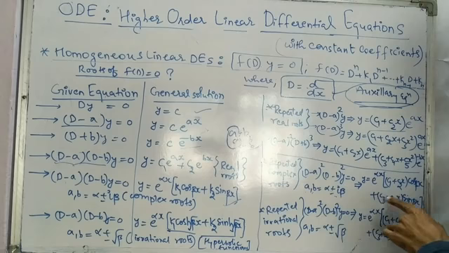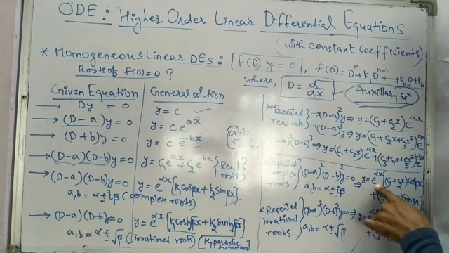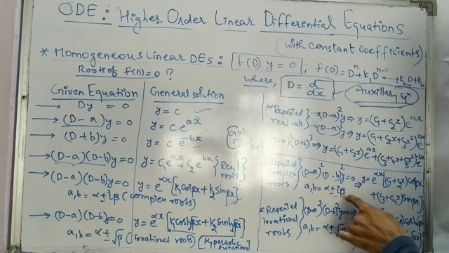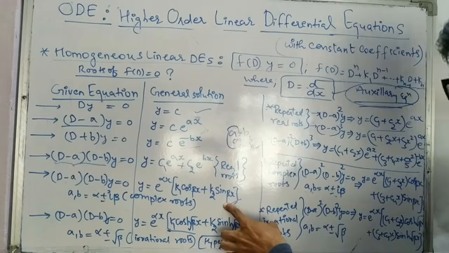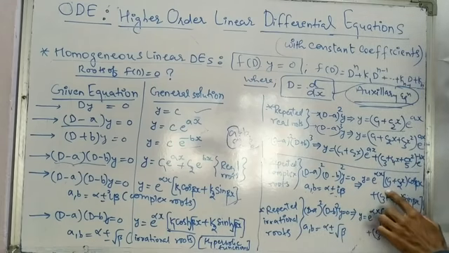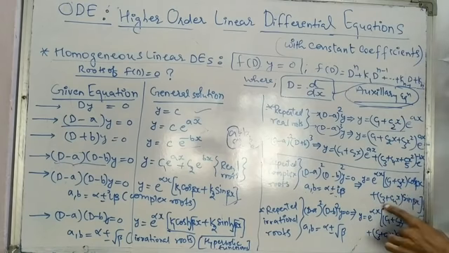So in this situation we have roots alpha plus minus iota beta, repeated two times. Again for alpha, the real part, we are going to get the exponential term e power alpha x, and for the imaginary part we used to write cos beta x and sin beta x, but as they are repeated we are going to have the term c1 plus c2 x, then cos beta x, and then c3 plus c4 x, then sin beta x.